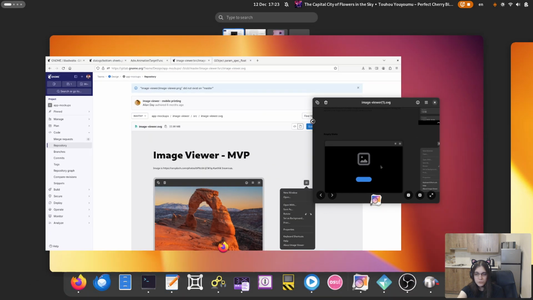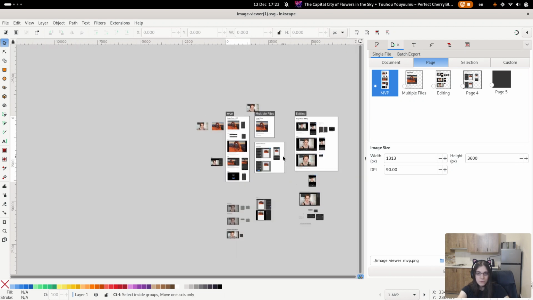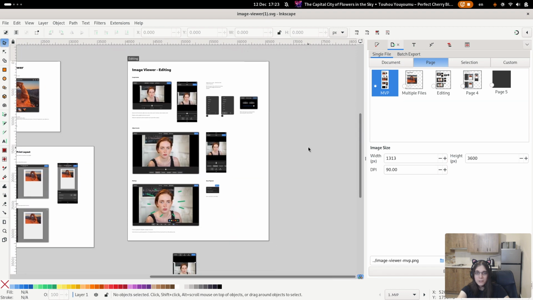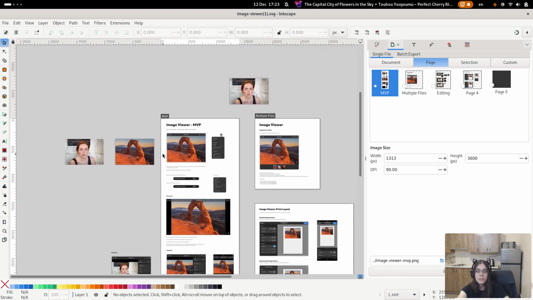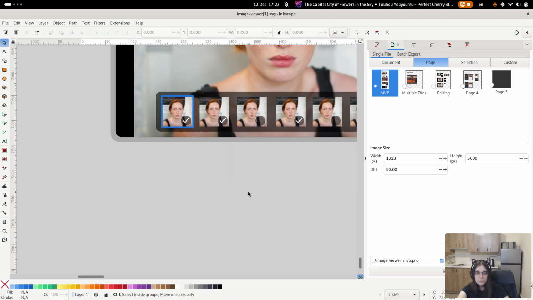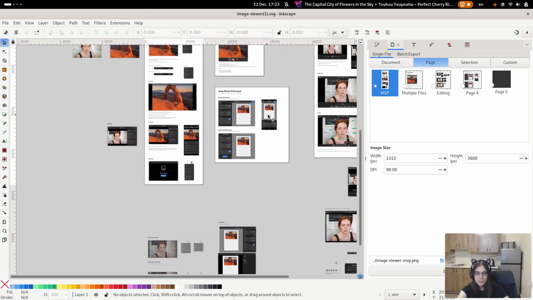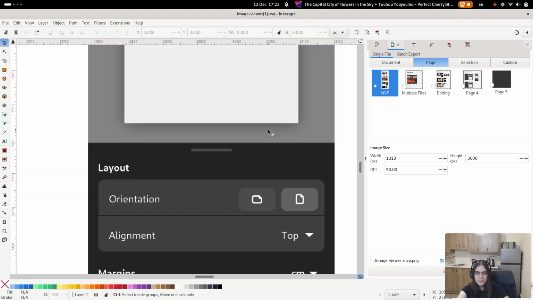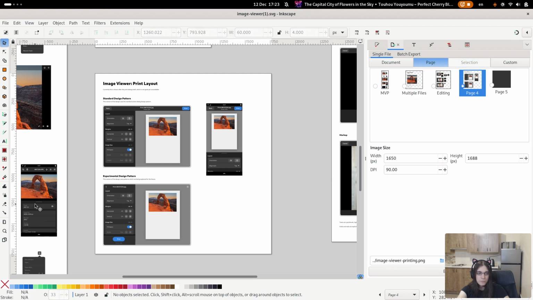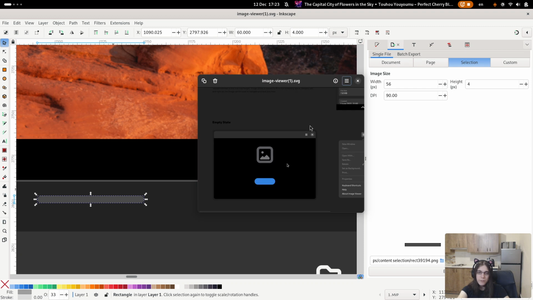It is launching, is it? Yeah, it is. Oh, there's a lot in here. Right. All of the mockups are on the same page, in the same file. What's this? I don't even remember seeing that. But anyway, 60 by 4. And this one, 60 by 4. Fair enough.